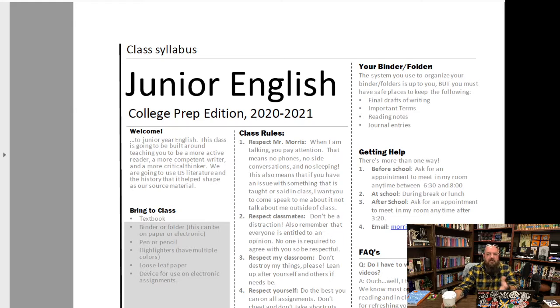The next thing is about bringing to class. Really, my class is real simple. I would like you to have your textbooks here. If you want to keep them in the lockers, that's fine. We do have a weird going-to-your-locker system this year, but if you need to go get them during class, I don't mind letting you go. You're right outside my door. Now, I've got a spot over here by my windows where you can keep your books. Just make sure you mark it and you know it's yours, because I can't be responsible for your books. You can leave your textbooks here. We are going to use them.